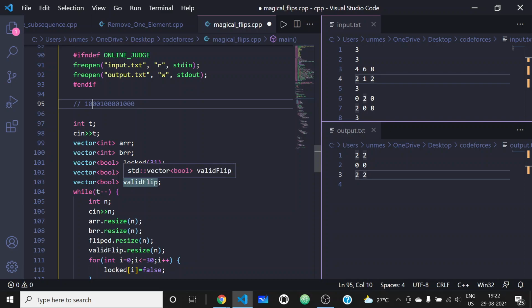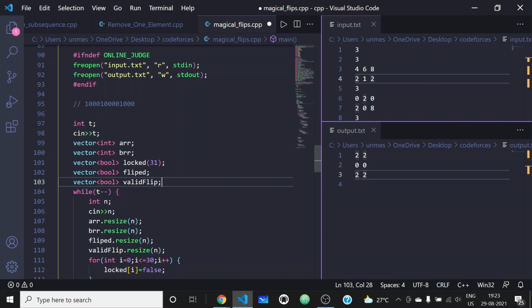So I have used this Boolean vector to store whether we can flip some card without affecting the previous result. So just in case this valid flip is true for some card, then we can safely flip that card.